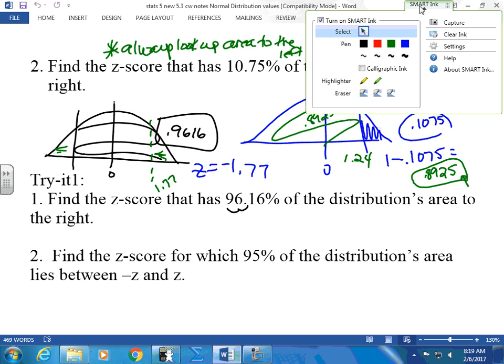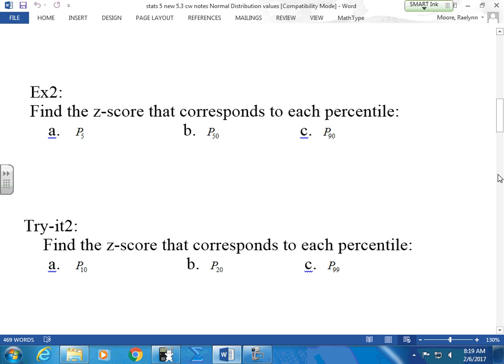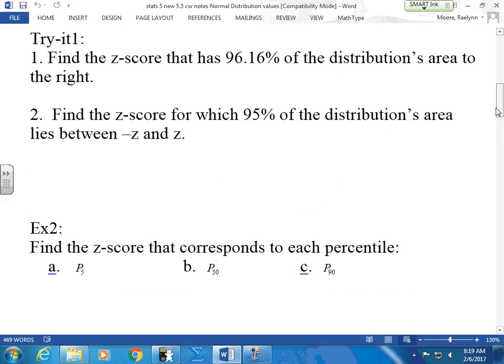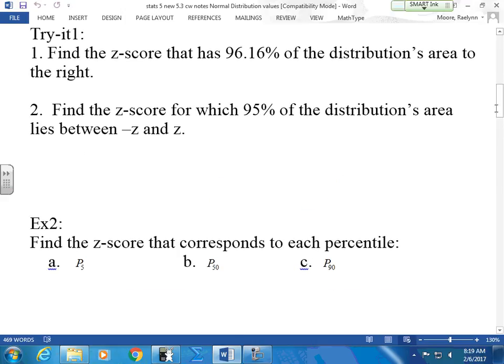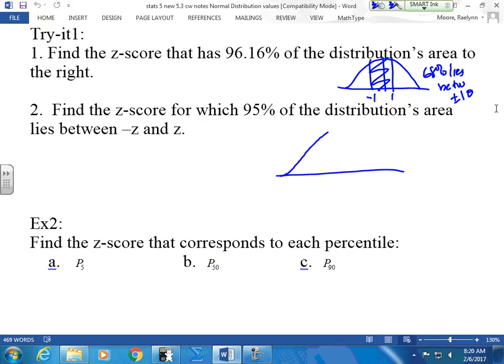Now this one's a little trickier, the bottom part. The bottom part says, find the z-score for which 95% of the distribution's area lies between a negative and a positive of the same z-score. In other words, remember when we do this? And we do plus or minus 1? This is my favorite. And we say 68% lies between plus or minus 1 standard deviation, right? Okay, now I want to know what percent,